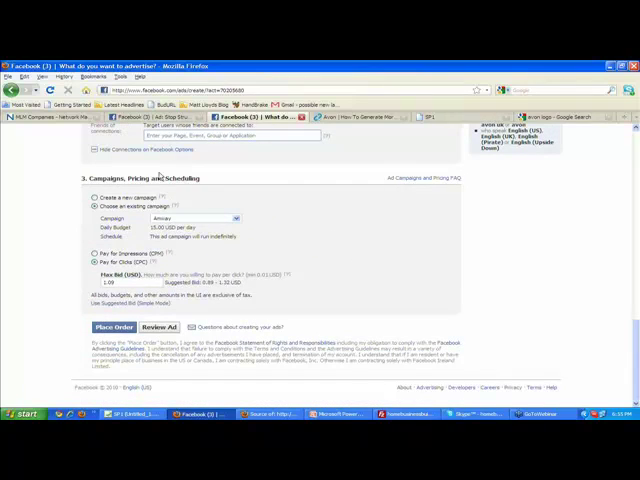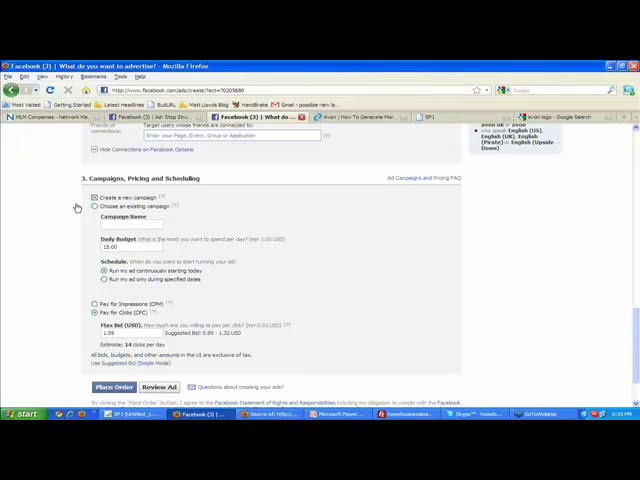Campaigns, pricing, and scheduling. This is where we're going to decide how much we're willing to pay. So first off, you want to create a new campaign, and let's call it Avon, just to keep it simple. And let's say that you're brand new to this, you're just getting started out. The minimum you can spend each day is $1, $1 US. So if you're brand new to this, you know, you're a little